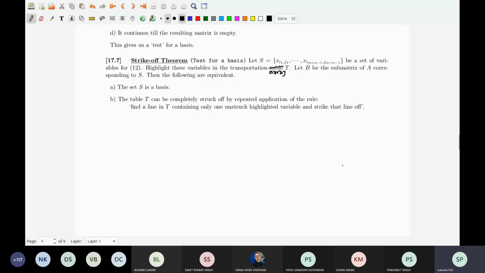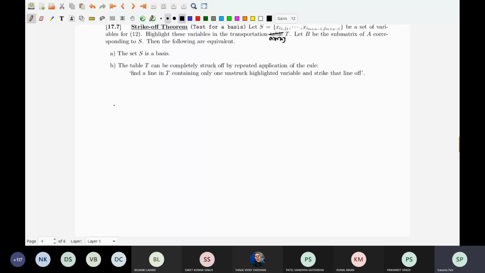Because you have already shown that in the basis matrix there is a row that contains exactly one 1, what you do is let B' be obtained by deleting